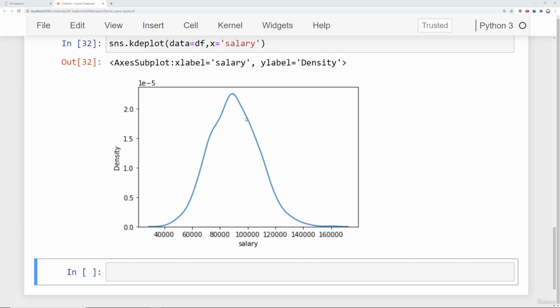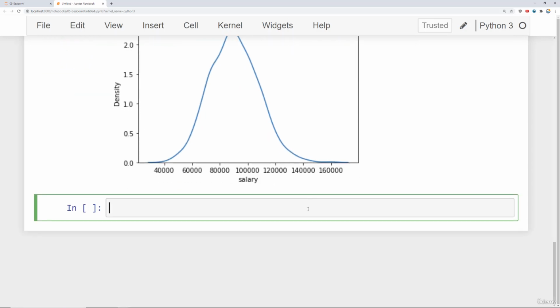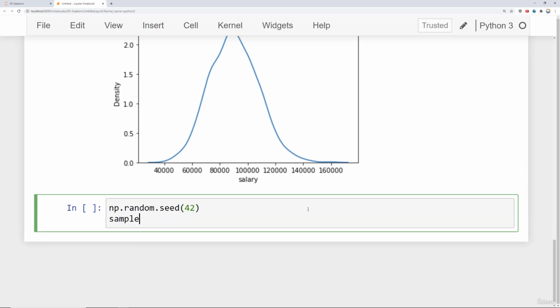And what I want to do to finish off this lecture is just build out the KDE plot, starting with a rug plot, then with a histogram, and then with the KDE. So let's just go ahead and create some example ages. So what I will do is say np.random.seed and set that to 42. And in the very same cell, I'm going to create some random ages. So we'll say np.random.randint,